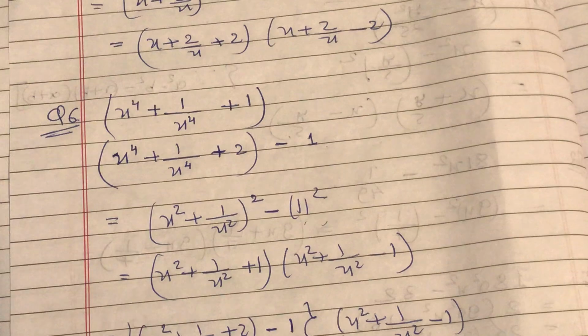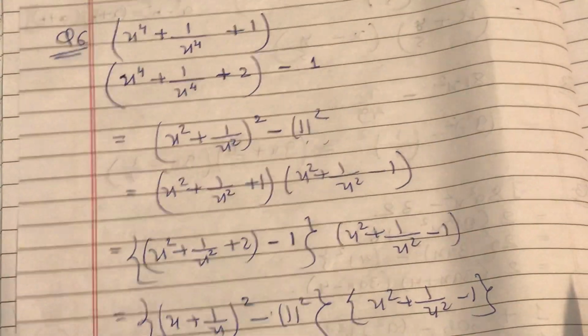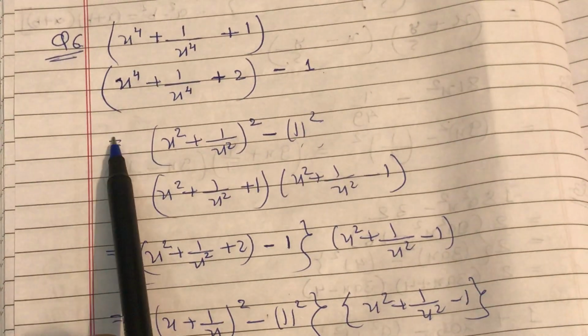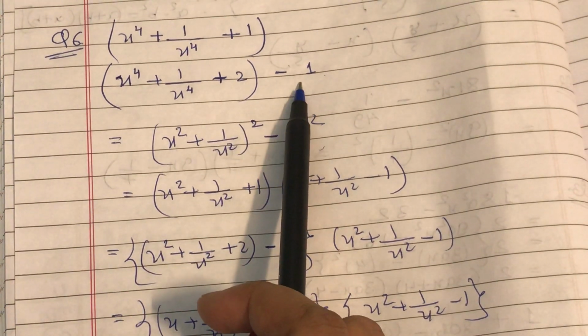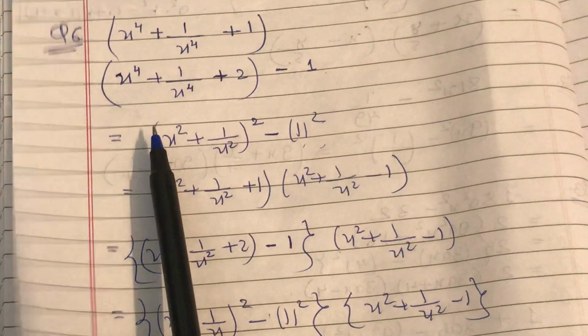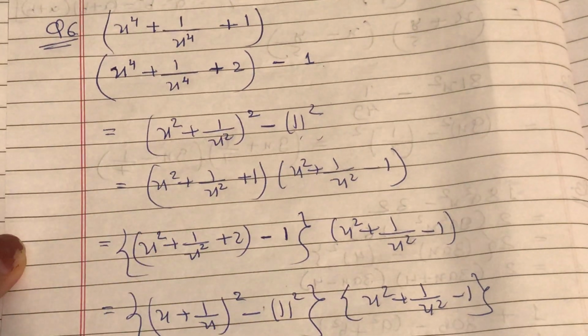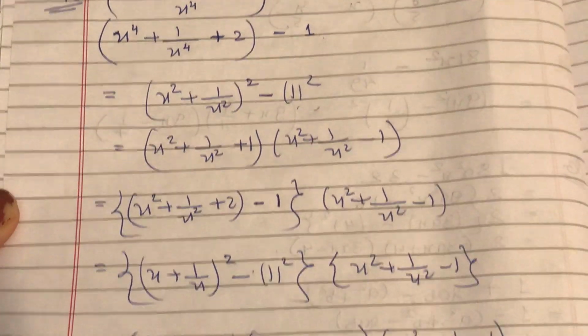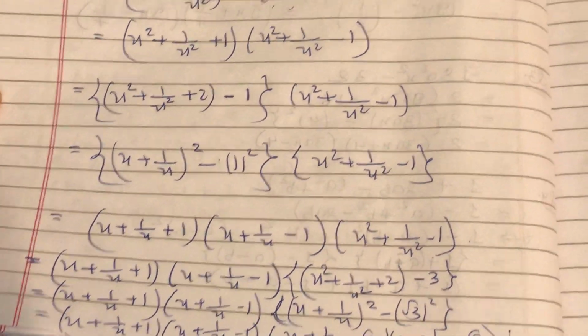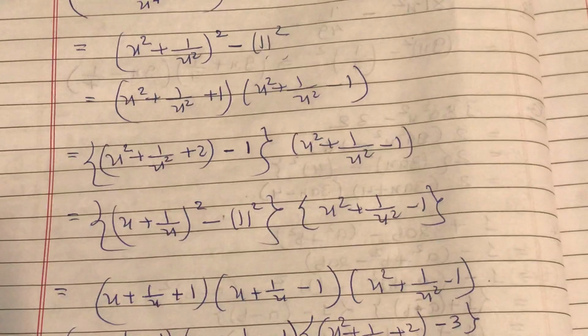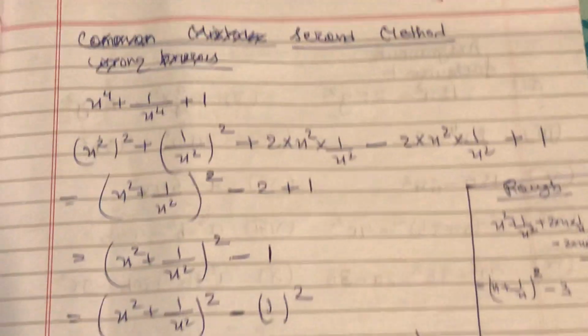Let's understand this. Here I have used a shortcut method. Here directly I have used it, but as you are beginners, here I simply added 2 and subtracted 1. But as you are beginners, I am using the long cut method to make you understand. Let me solve the same question by the long cut method, then I'll come to this method. So let's solve this question by this method.